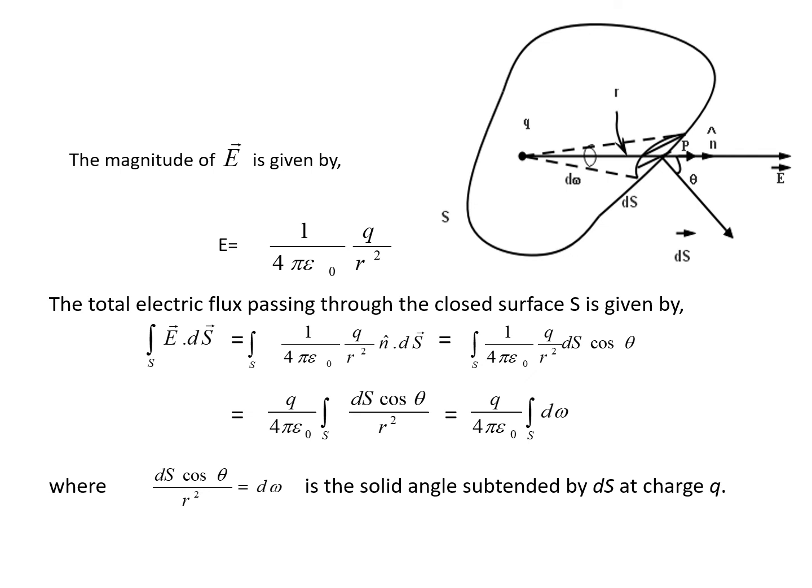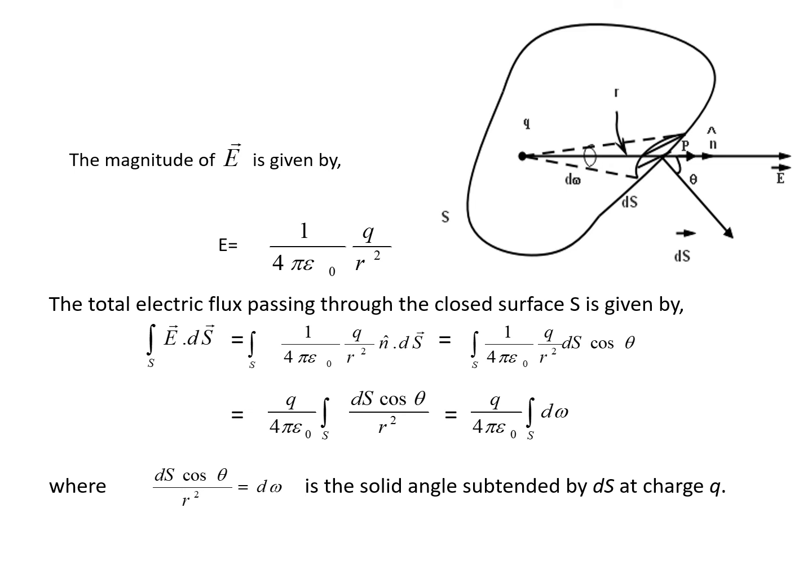Therefore, if we put the value of the magnitude of E vector, given by 1 by 4 pi epsilon naught q by r square, then the total electric flux passing through the closed surface is given by integration E dot ds